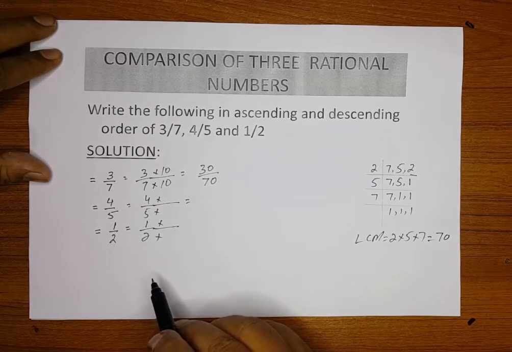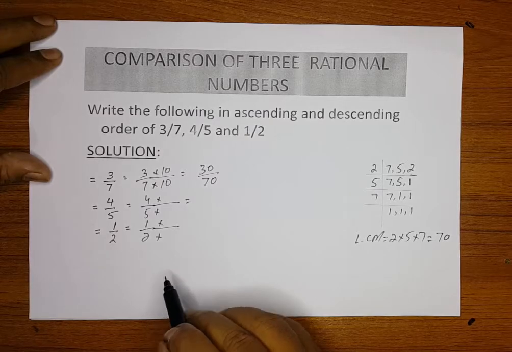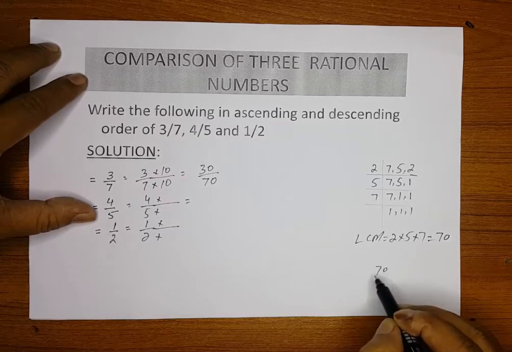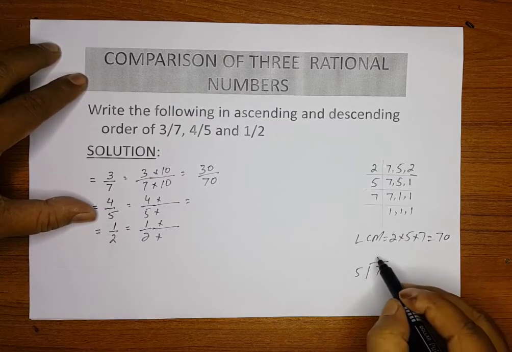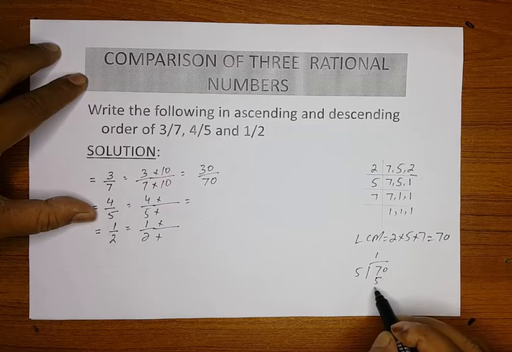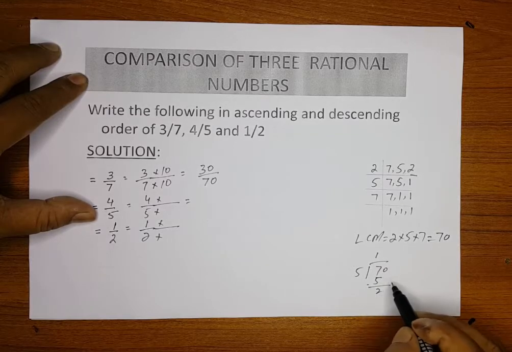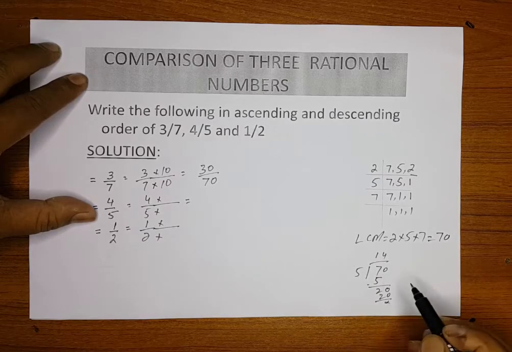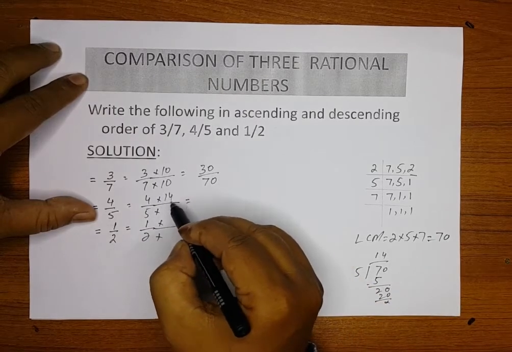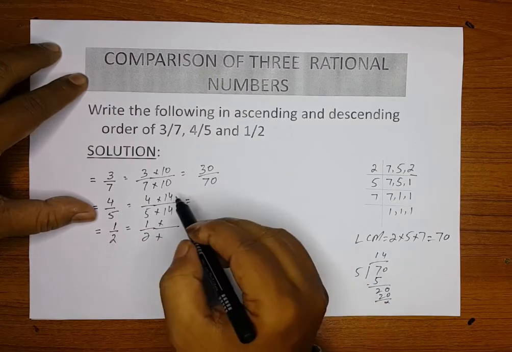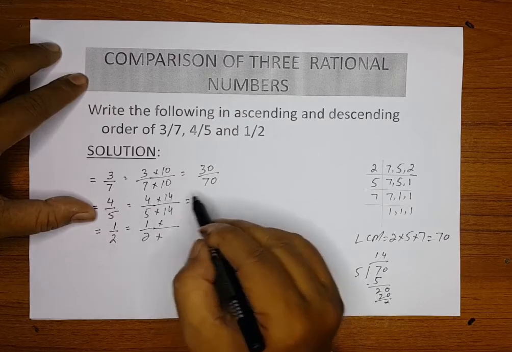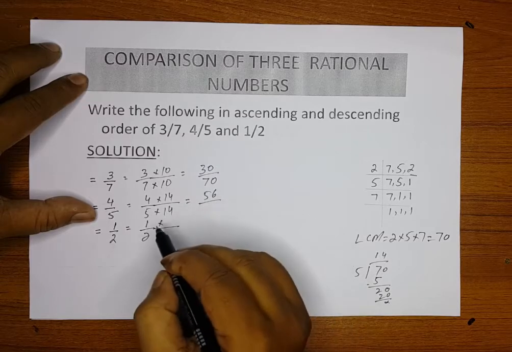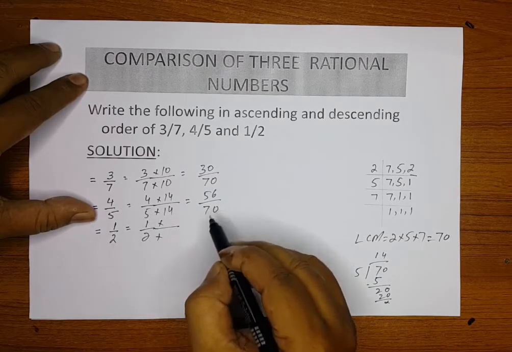So it means we will multiply this number by... we can do it this way also. If 70 by 5, then 5 ones are 5, here is a 2, then 0, 5 fours are 20. So it means if we multiply it by 14 up and down, then 14 fours are 56, 4 sixes are 24, 4 fours are 16, then 56, and 14 fives are 70.